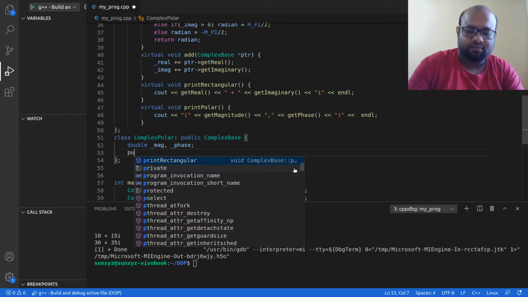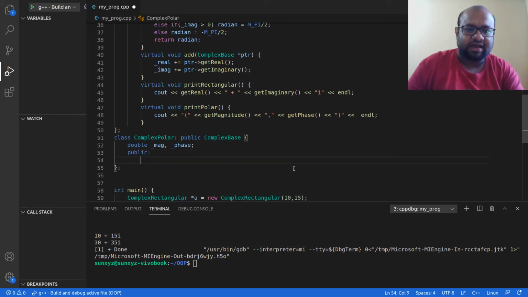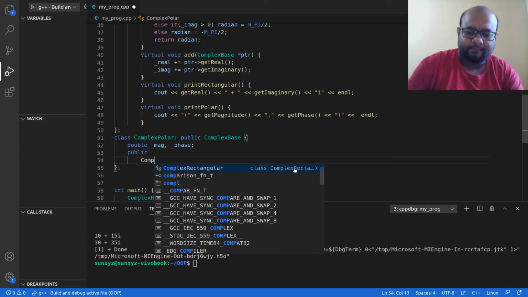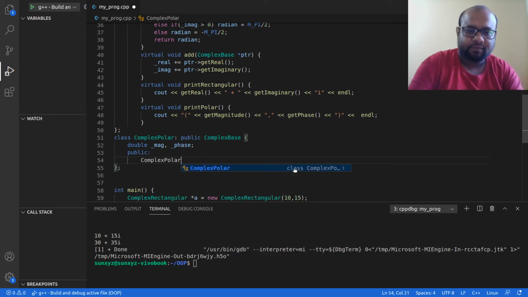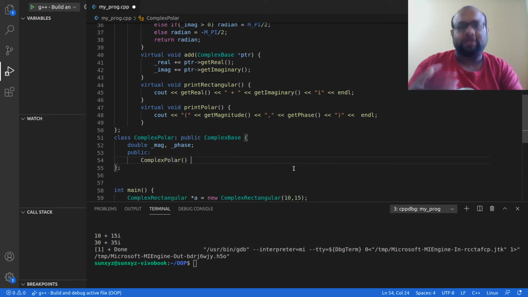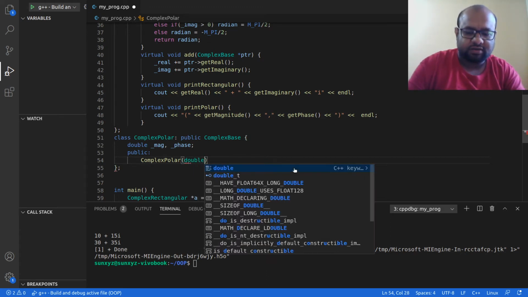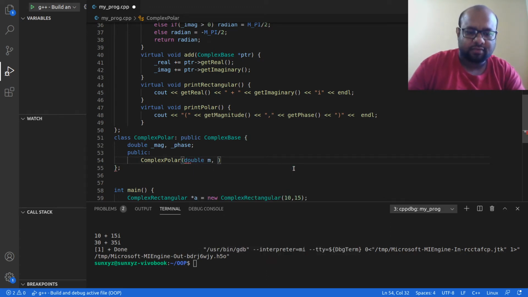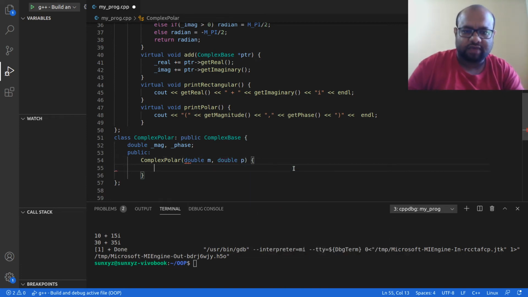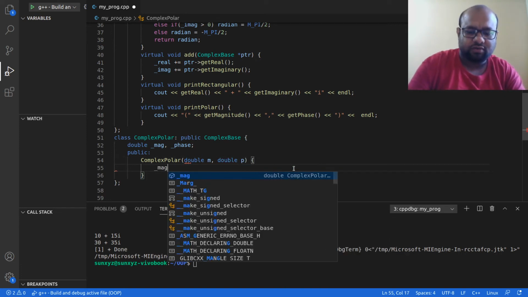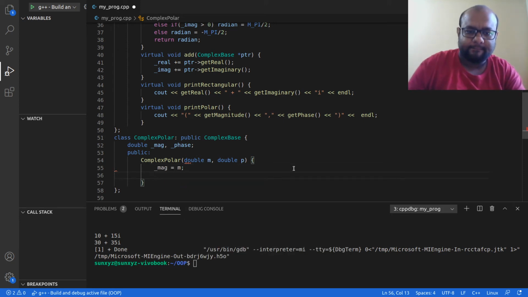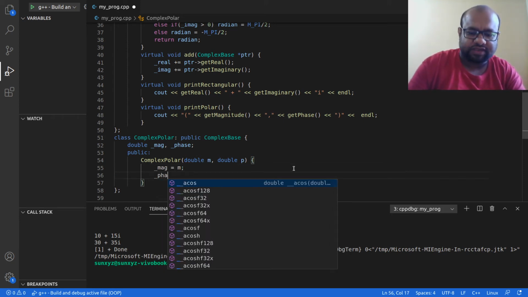So public. I need a constructor that is going to set the values, right? So it is going to take double m and double p. So m is going to be set to magnitude and p is going to be set to phase.